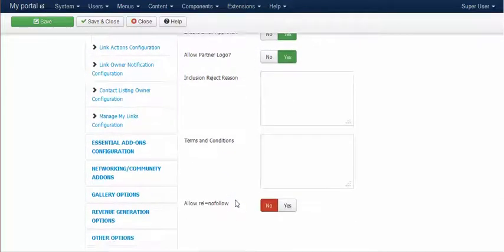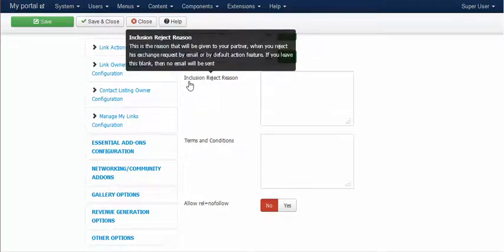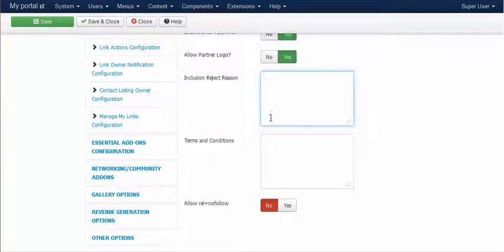Now in case you decide to reject a particular link exchange request, either by email or through another feature called the default action feature, then you don't get to actually type in the rejection reason. In which case, whatever text you provide in this reject reason field would be taken as the default reason and would be sent to your partners for you to reject the particular link exchange request.